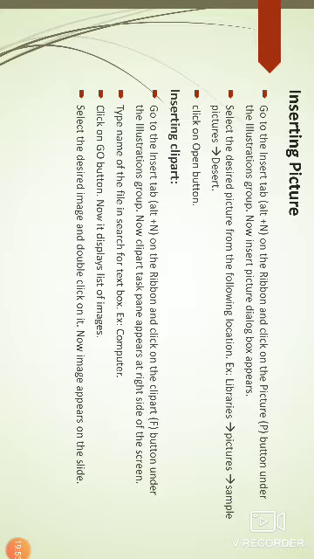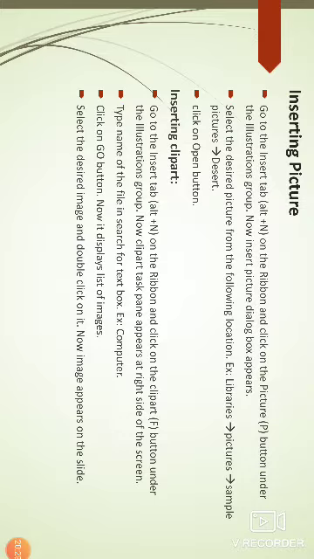Next is inserting clip art. As usual, first go to the Insert tab by pressing Alt plus N, and then click the Clip Art button under the Illustrations group. Now the Clip Art task pane appears at the right side of the screen. Type the name of the file in the Search for text box.